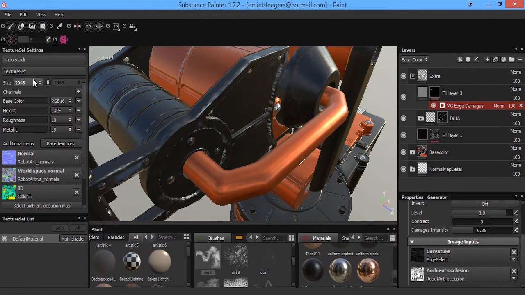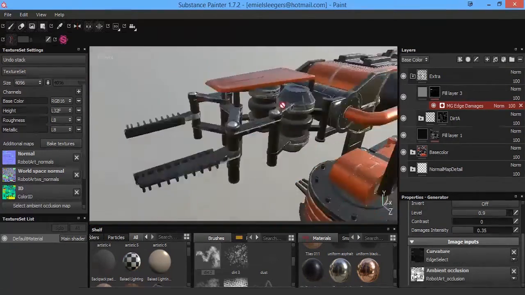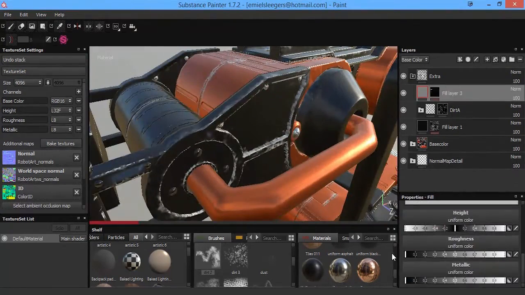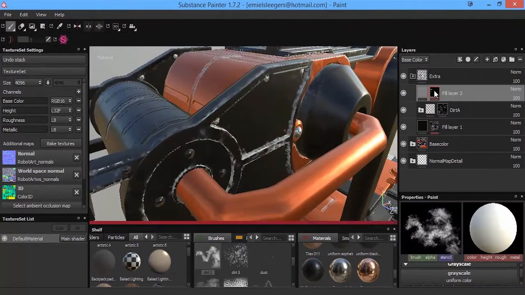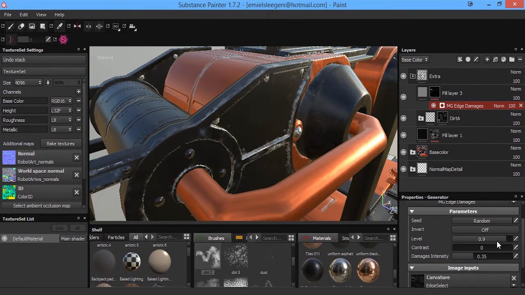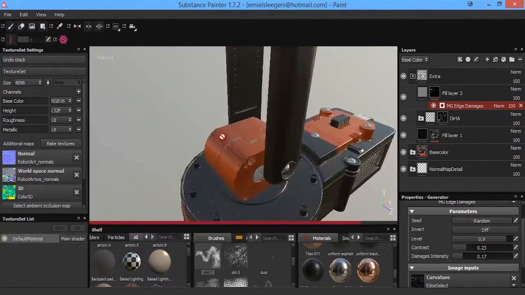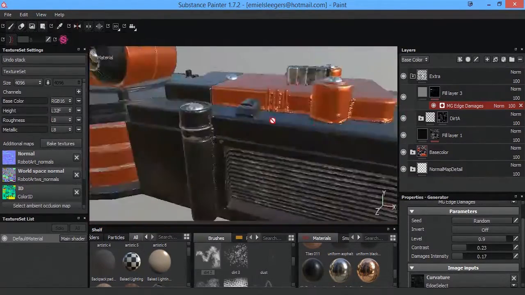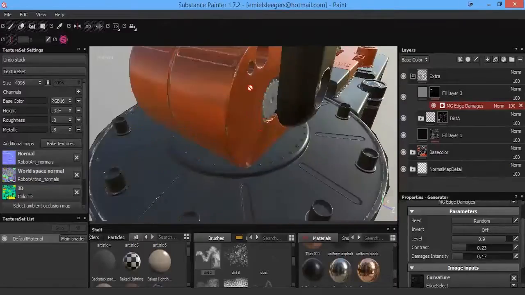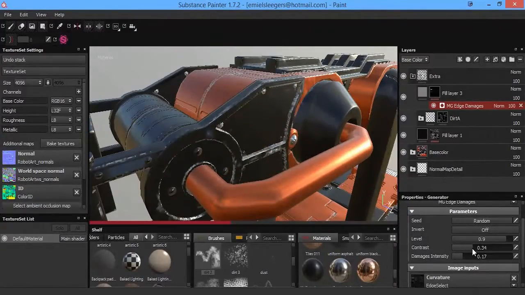Here now what you want to do, if you really want to properly see what you're doing, you want to go to size and let's set the size to 4096. Okay, so I just had to speed up this process to keep the tutorial short. So once you convert everything to 4096, you just want to play around with the metal and with the damage intensities until you get what you like. Just pick one point, like a point with a lot of edges to look at, so that you can see